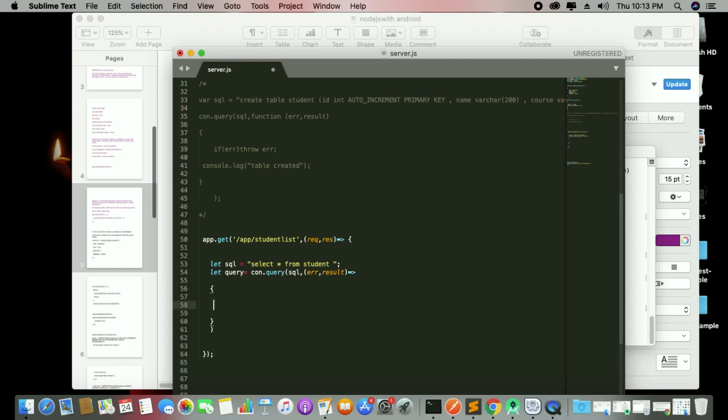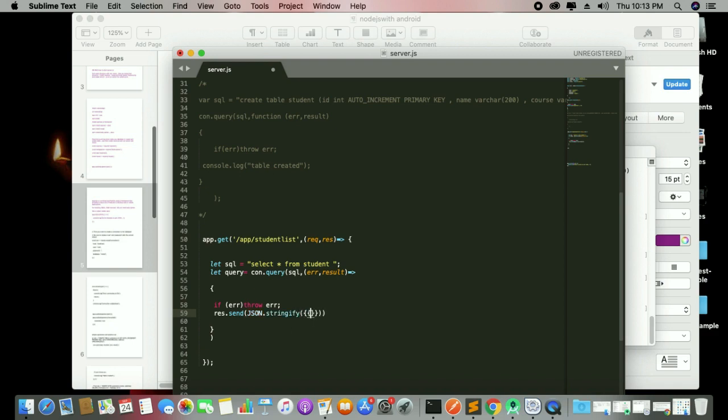And you can say if error throw error, simple, and otherwise res.send, and here I am sending JSON.stringify, that is important, we have to stringify that,